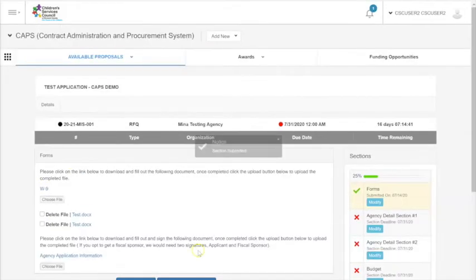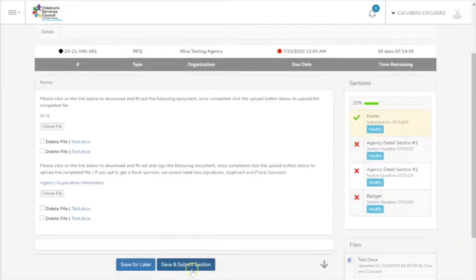So now I'm going to go ahead and do Save and Submit section. As soon as I do the Save and Submit section, you'll notice that the red X has turned into a green check mark. You are able to modify this up until the deadline. So in this case, the deadline is July 31st, and that deadline applies to all the sections. You can verify that by looking under each section and noticing the deadline date. However, if you submit it, the date will turn into a submitted on date. Keep in mind that you have the ability to modify any of these sections up until the deadline